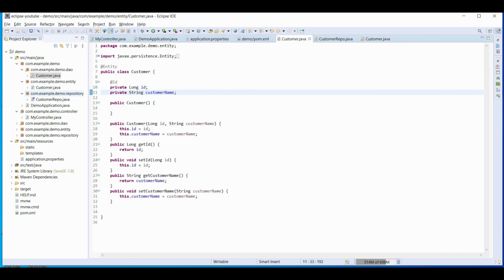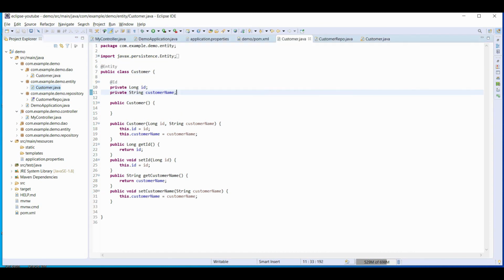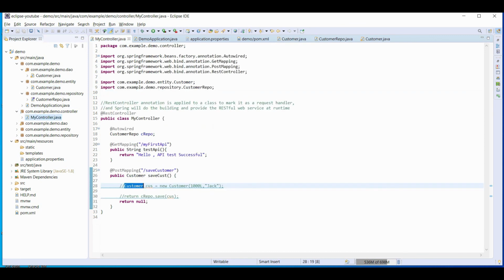To differentiate, you can see one is in the DAO package and the entity class is in the entity package. The entity class is actually mapped to our database. All the fields, that is ID, customer name, or even any other variable we create, will be mapped to our database. Now, to create a post API call so that different data comes every time and we can save it into the database,